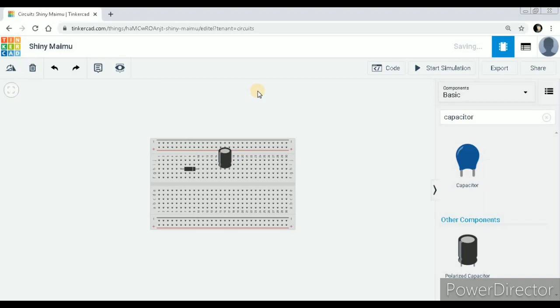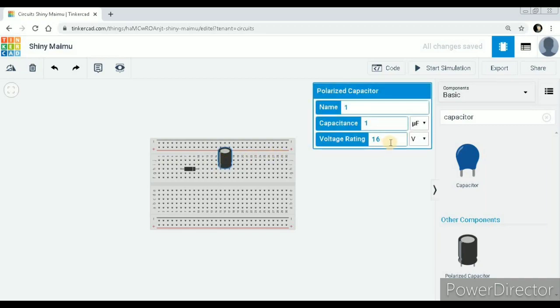See here, before this we need to give the value. Just click on the capacitor icon. So here you need to give the value. The capacitance value here is 4.7 microfarad. There is a box for capacitance, and you leave the name as it is. In the capacitance field you type 4.7 and the unit which is specified here.